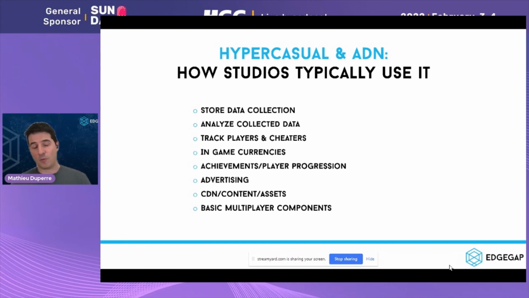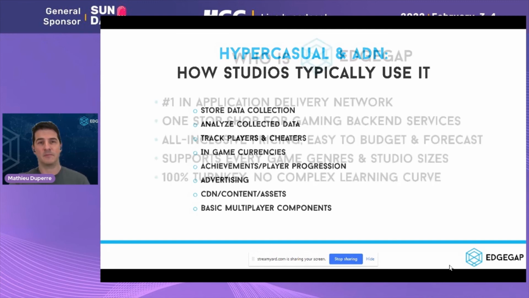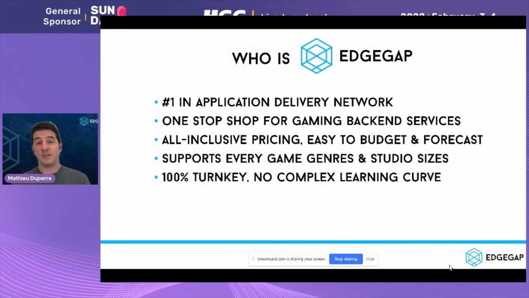In-game currencies, achievements, players' progression. Advertising: you probably want to work with a third party providing advertisements, but you may want to track what's going on from your perspective in terms of advertisements. And content and assets management: you're pushing more content. You want the game to evolve along with the player base, so you need to keep pushing more assets. And in some cases, we've even seen basic multiplayer behaviors for ultra hyper-casual games, and those mechanics will call for some basic elements.